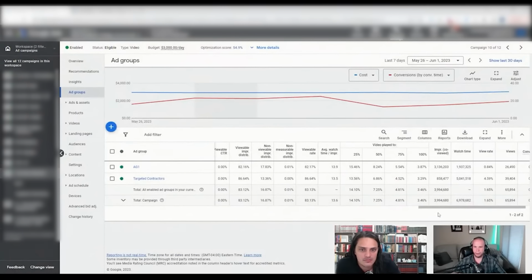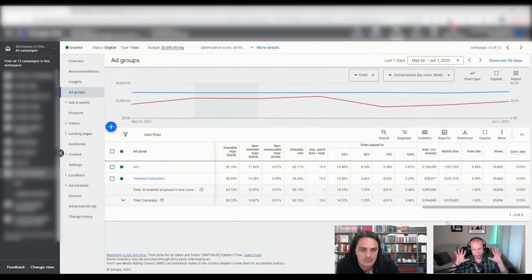What does everyone want when their ad gets shown? What are we all trying to do when our ad gets shown in YouTube? What do we want the person to do? Click. Right. Wouldn't that mean that I have less watch time and less average watch time per impression if they click more? What a good point. The watch time could actually be bad. It's like they're not clicking, they're watching.